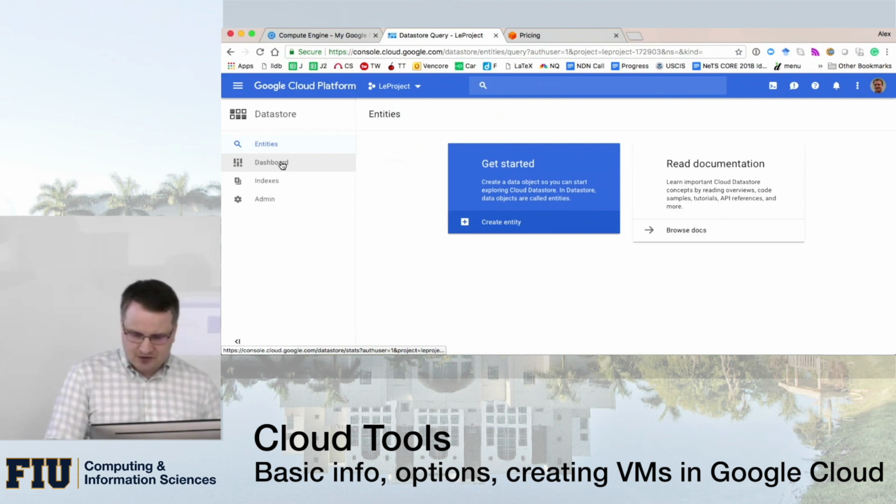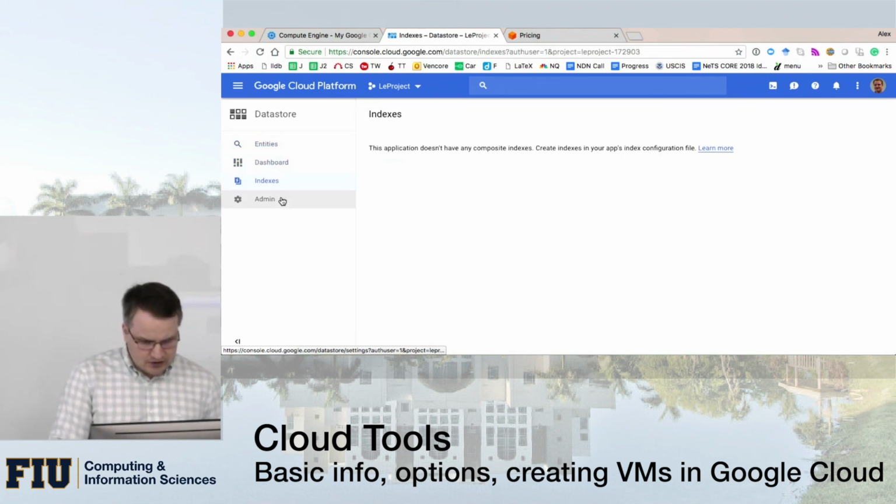I believe there are different prices for those, but I have not used them, so I cannot give you too much details on that. Filestore, again, is just an additional API to store file storage, or SQL, Spanner, Memorystore,